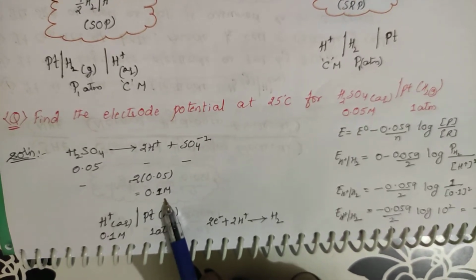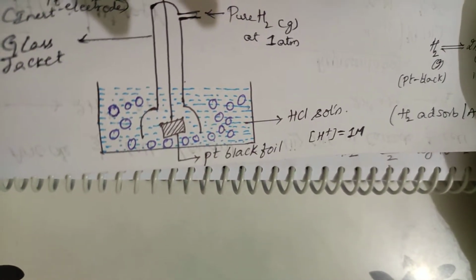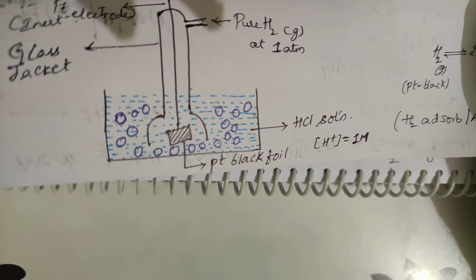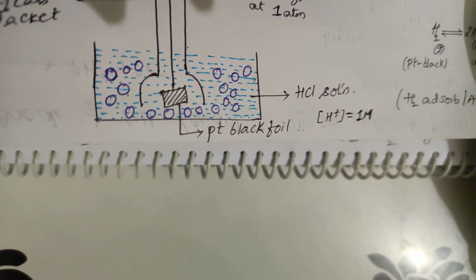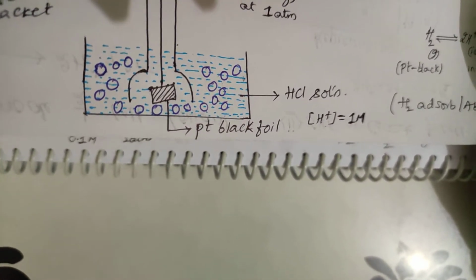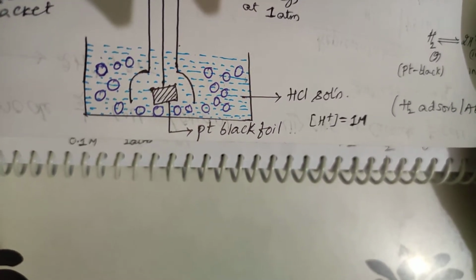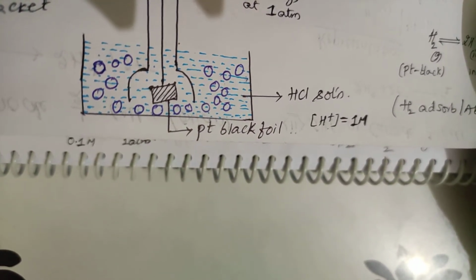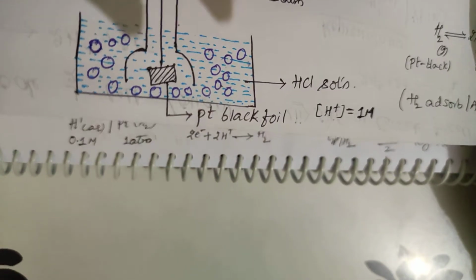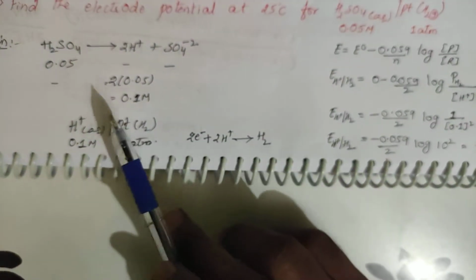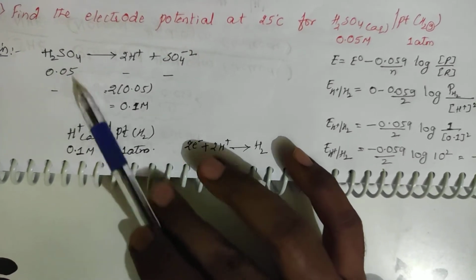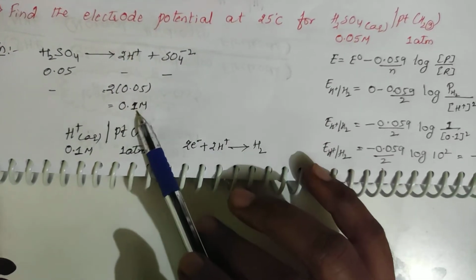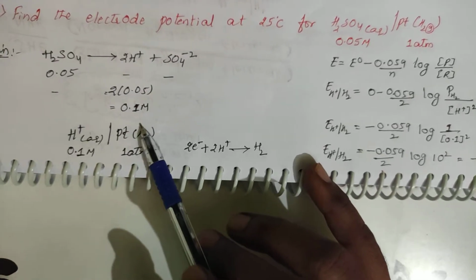Don't take it as HCl. See, here we have taken a picture, right? In this picture, he can take either HCl or H2SO4. HCl means you are having 1 molar, so whatever the concentration, you can write that. Suppose instead of HCl you take H2SO4, then you should take the H plus concentration as double the concentration we are taking. So here he has mentioned the concentration of H2SO4 as 0.05. It has become double, so the concentration of H plus is 0.1 molar.